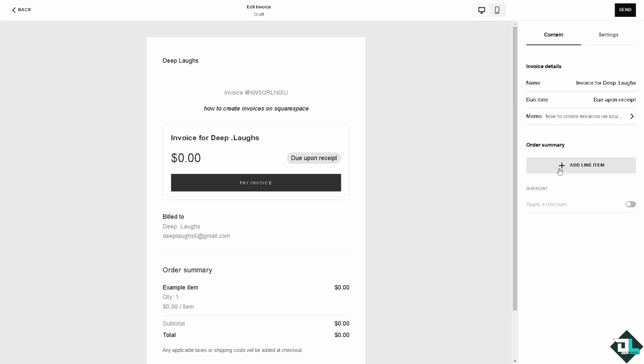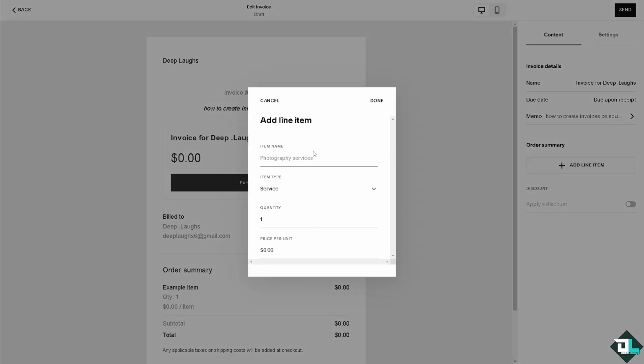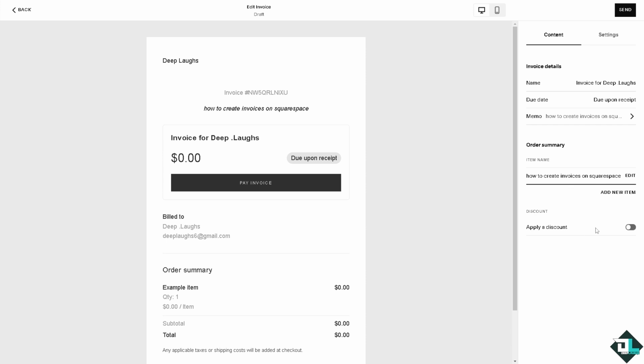You can also add another line item if you wanted. For example, this is going to be for a service, price is set to $69 per unit. Click on done. You see that? You can also have the option to apply a discount if you wanted. Now on the settings though,